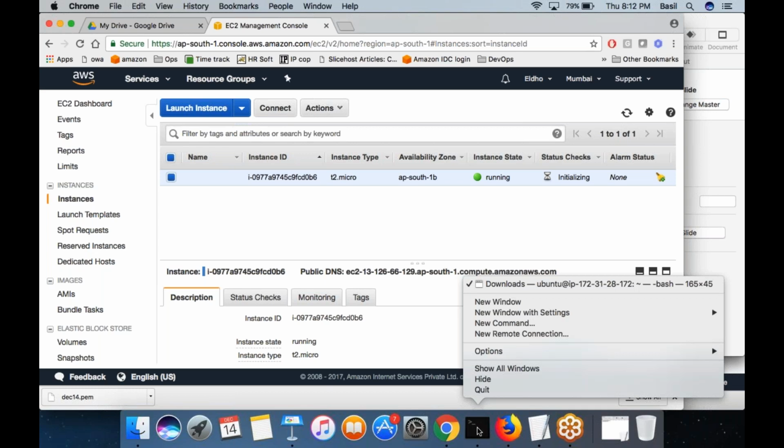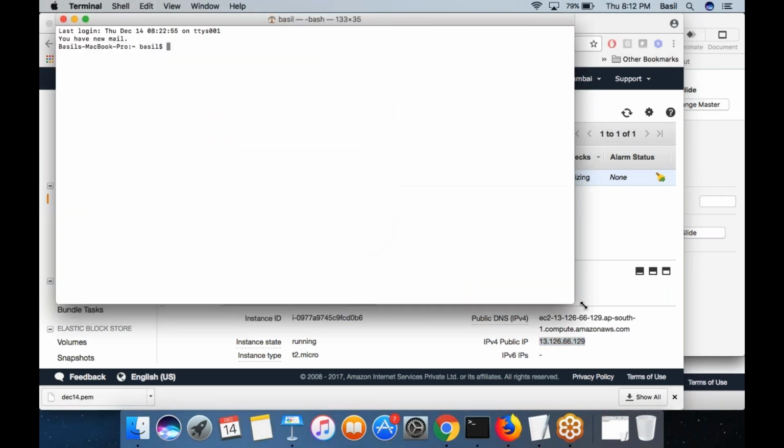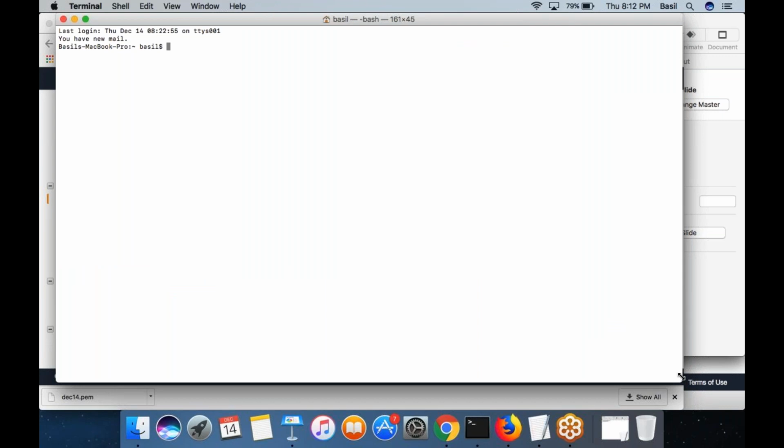So in my case, those who are using Mac, the steps are actually different. There is a terminal application in Mac. So in my case, the steps which I will use to log into the Linux machine are different, I don't use PuTTY. Instead, there is some application called terminal in Mac. Then I need to run these commands.